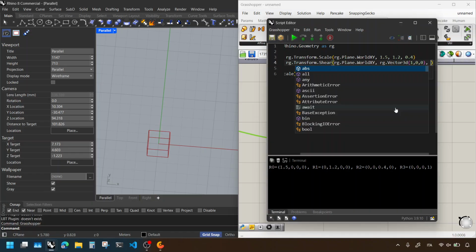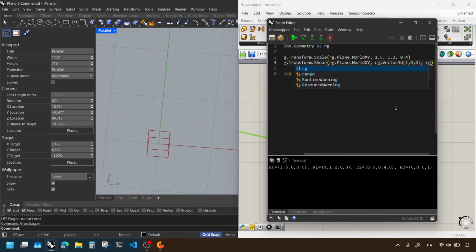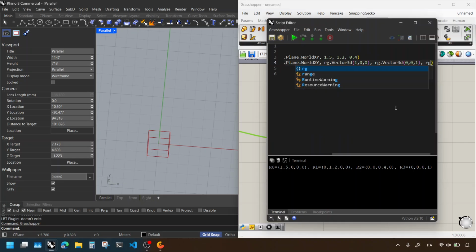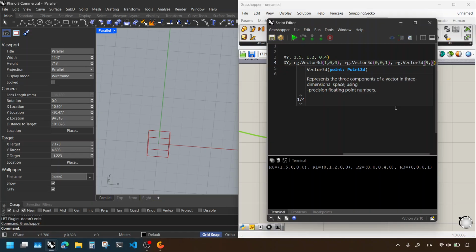The second vector will just be the y, because we don't want to shear along vector 3D. We don't want to shear along y, so let's go 0. We don't want to move the x, so x and y will stay the same after shear. So 0, 0, 1. And then the z vector, instead we want to move it, so the Rhino geometry dot vector 3D. And if we want to go to 0.5, we said, on x, and then 0 y, and then